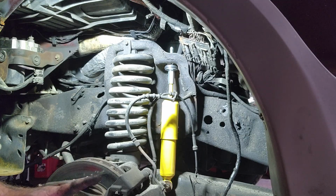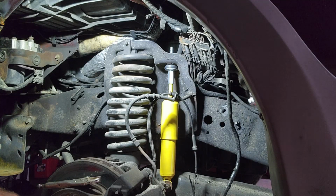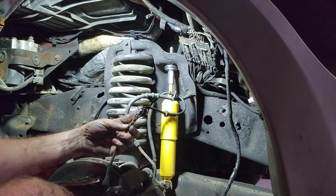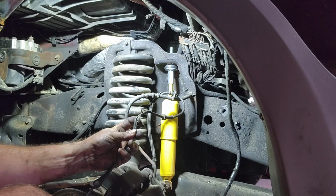But this truck has had an ABS light on. So we scanned the computer and it was the left front. And I think we found out why. And this is why I hate people sometimes. So I don't know if you can see this rat's nest here, but something got into this and chewed this all up. So we just twist the wires together,